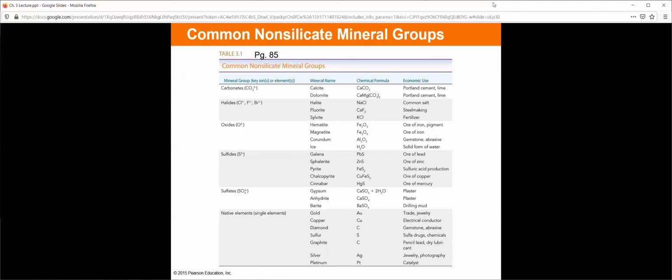As shown here, and some economic uses of them. Cool story. Halides, right? Salt, fertilizer, stuff like that. Oxides, ores, corundums. I'm not going to get too deep into this. If you take any more geology classes past this, those geology classes may focus on certain specific parts of these. That would be covered in depth at that point. However, as we go forward, if I tell you a rock has some silicates in that, or some sulfites in that, this is where that's coming from.